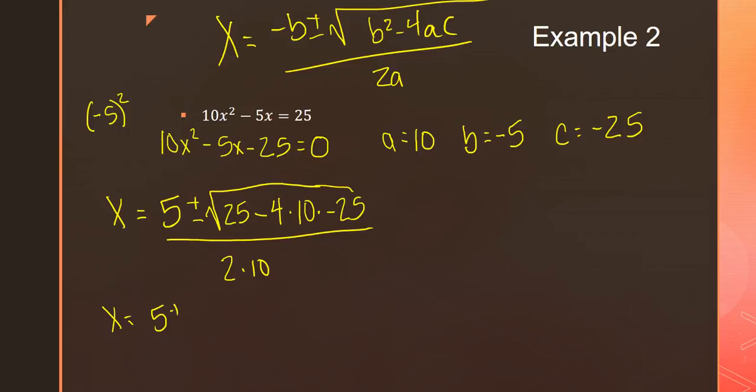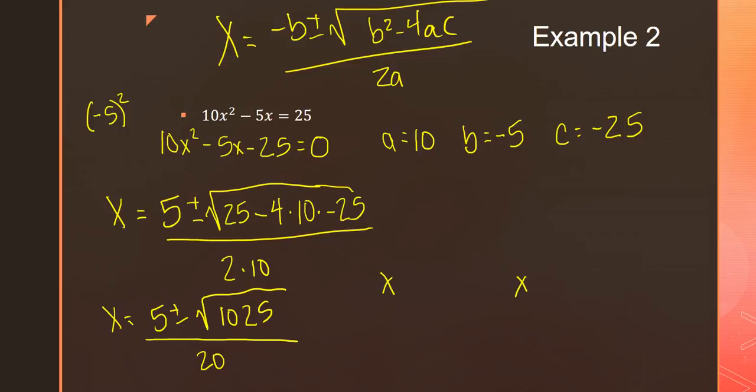So 5 plus or minus, I'm going to simplify inside, so 25 minus 4 times 10 times negative 25. I'm going to type that all in and get the square root of 1025 all over 20. Now I'm not sure, 1025 might be a perfect square. Nope, when I type that in, I get 32 point something. So again, if it doesn't ask you to round, this would be your exact answer, but we're going to round